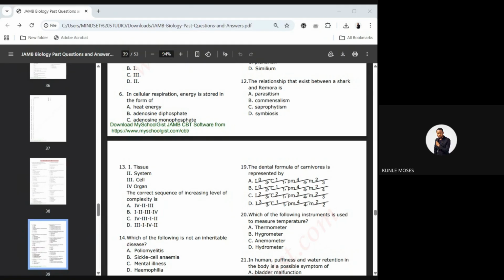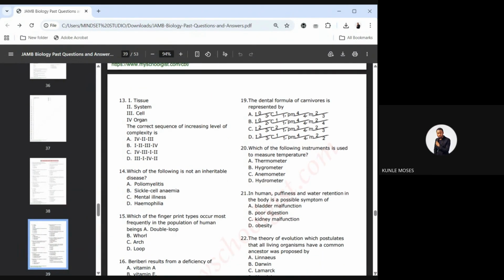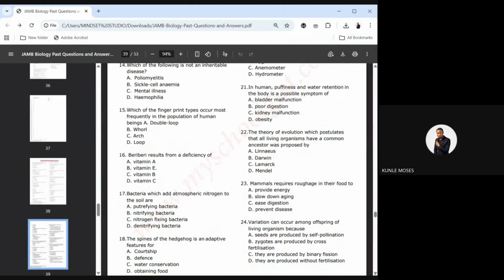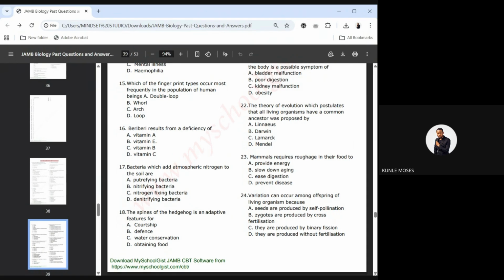How will I do it now? You guys promised me that you would read genetics and variation. Is it a promise? If we don't read it, how do you want to answer it in the exam? But I want to be sure, because if it is food, I know you will eat it. But now it is genetics. You may not want to do it, so that's why I'm bothered. But I know you. I was once like that. They will give us work in the classroom, we tell our lecturer yes, we will, and we don't do it.